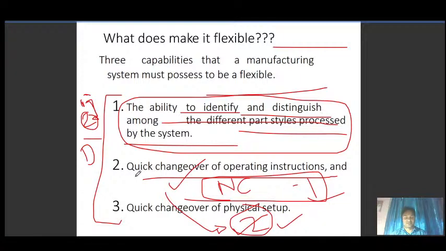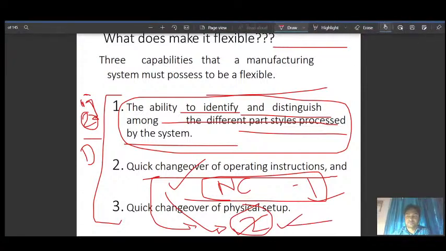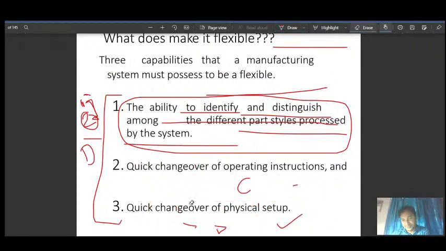So this is the changeover of the program or operating instruction. You can stop the machine at any instance, and then you can load the next program for the next different type of part. So that makes it completely flexible. As per the requirement, you are able to produce the part.